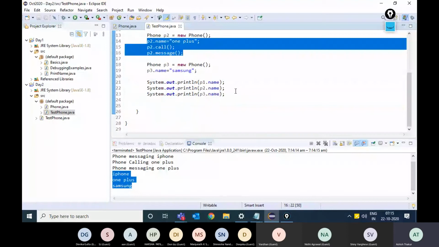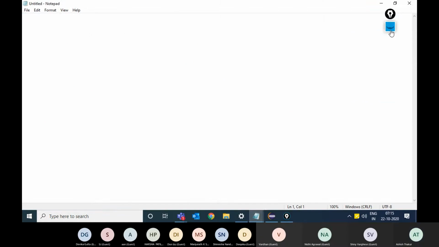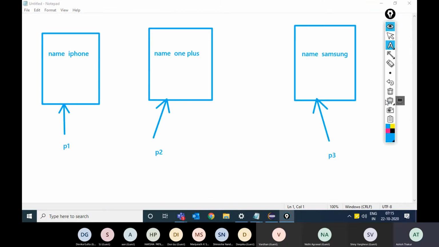Okay, now comes a little tricky part. Okay, what if I write P1 equals to P3? This basically means that P1 will no longer point towards this location.